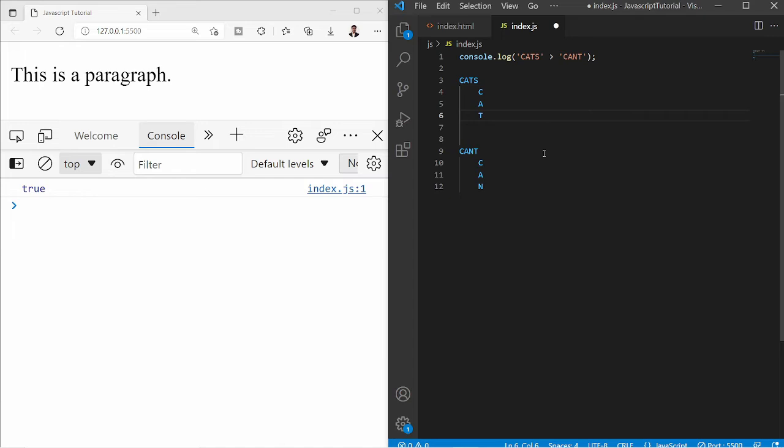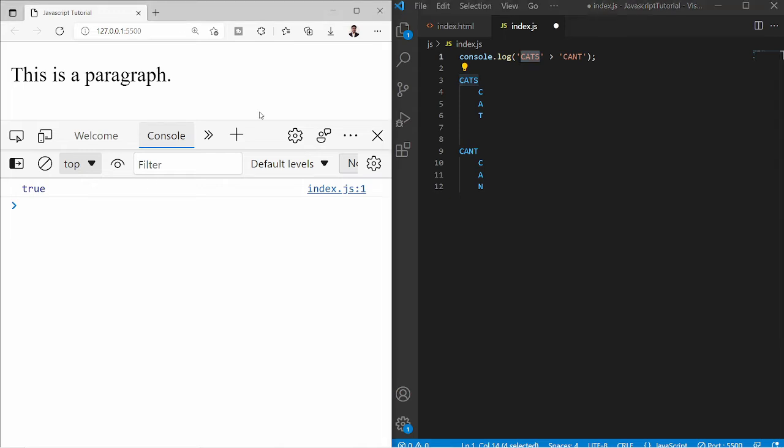I hope this concept is clear, but there is more in string comparison. Why? Because strings are not numbers. Numbers are approximately the same in all languages because we generally use 1 2 3 4 5, but strings are different. Like these cats can be written in other languages in some different manner, and so comparing those strings is quite tricky. So how JavaScript handles that, let's understand.